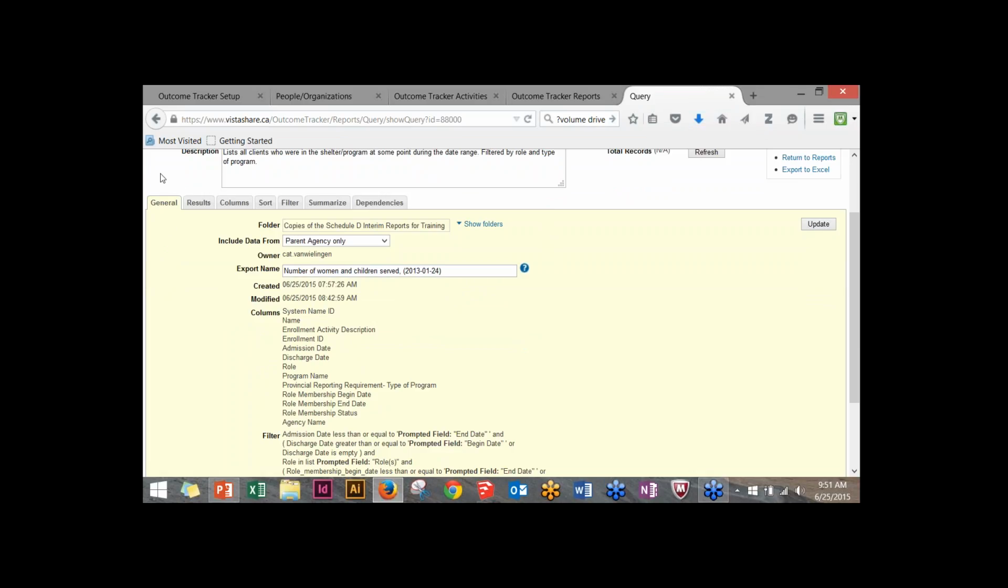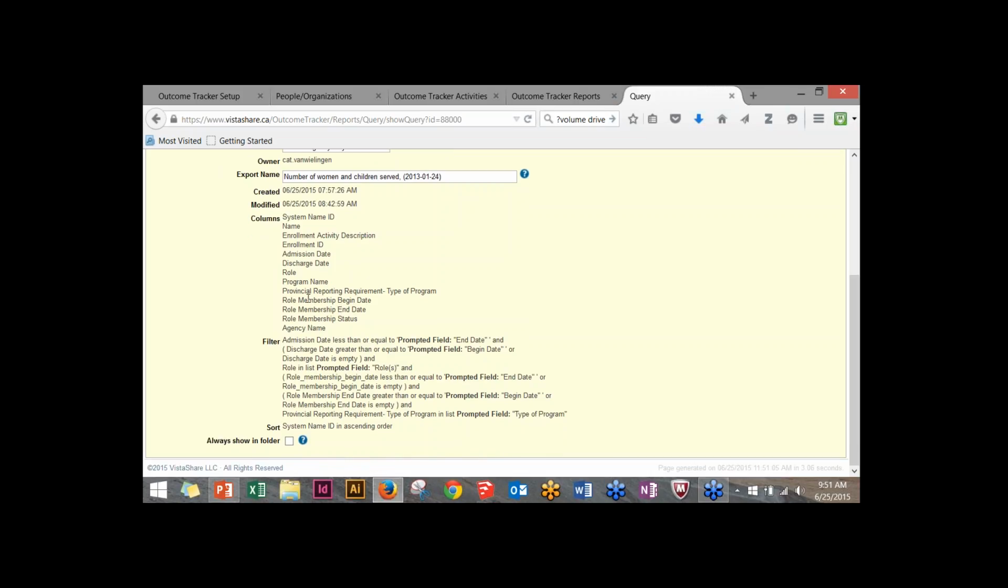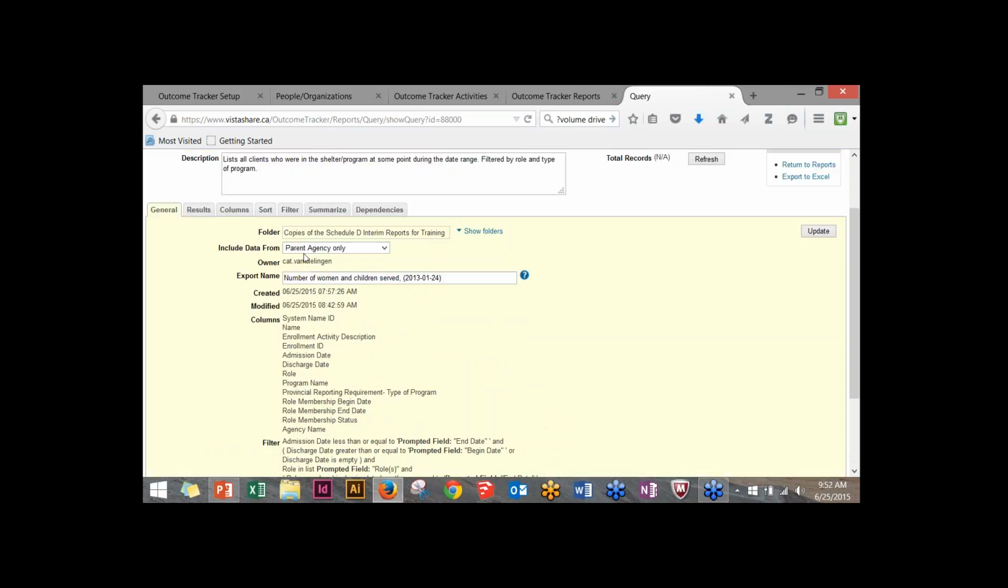But the General tab is available everywhere, and this General tab gives you a bit of detail about what's included in the query and how it's designed. So you can see here, these are all of the columns, and really columns are the questions from Outcome Tracker that have been pulled into the query. And then down here are the filters that are placing conditions on all of the enrollments that have this data, and only including the ones that meet the conditions that we're looking for. So for instance, because we're pulling for active clients,